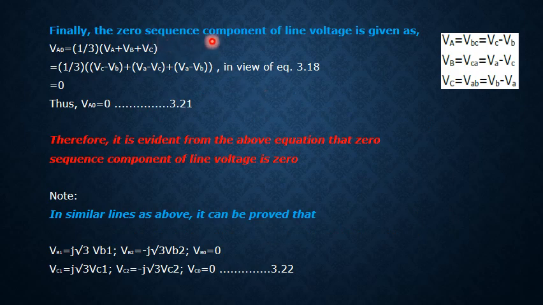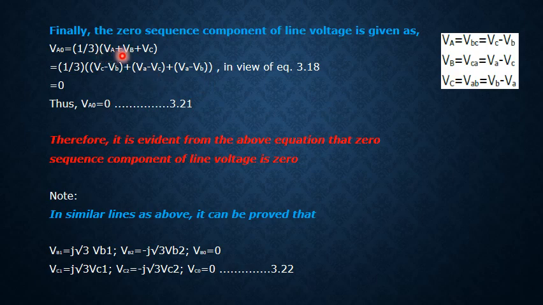Okay, finally the zero sequence component line voltage is given by, as we know, this equation meant for the zero sequence component. Now respectively substitute the line voltage values in terms of phase voltage. So the line voltage VA is equal to what? VC minus VB in terms of phase voltage. So the respective values are